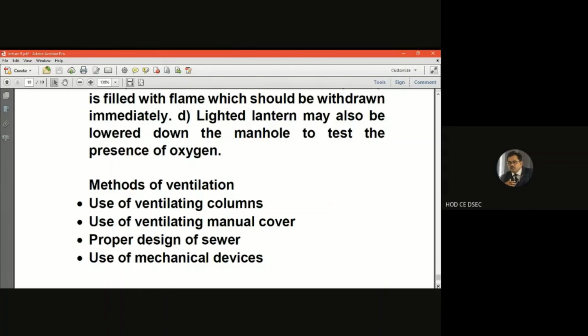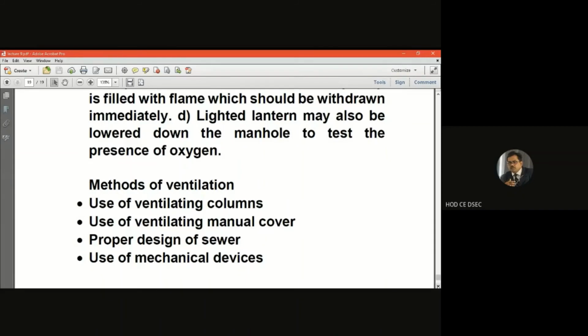The top of the ventilating column should be covered with a wire mesh cowl, to prevent birds from building their nests at the top, and to prevent anything from falling directly into the pipe, as I have already told you. Ventilating columns should be located in open places, so that they are exposed to sunshine for most of the day. The heat of the sunshine will help in causing proper circulation of air.